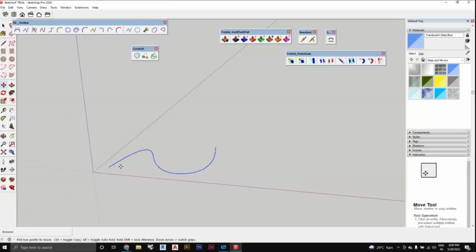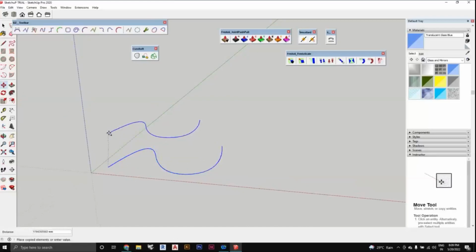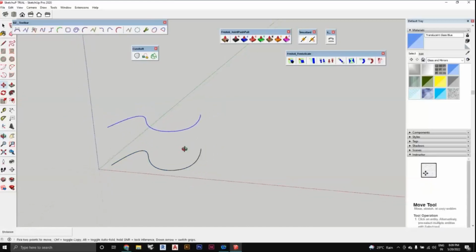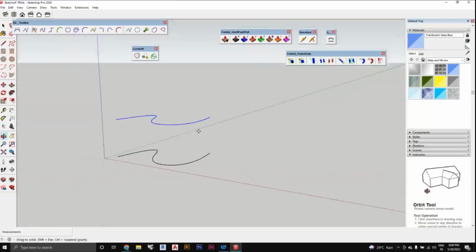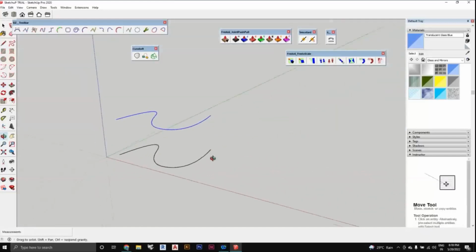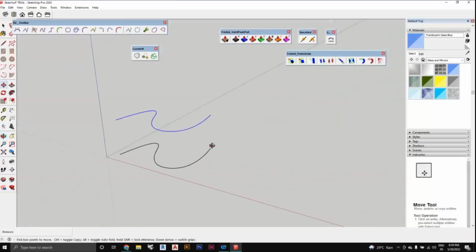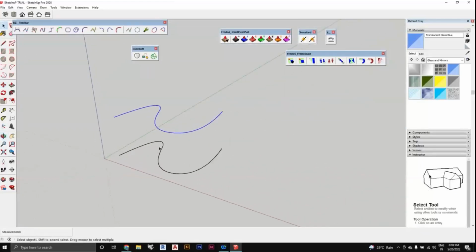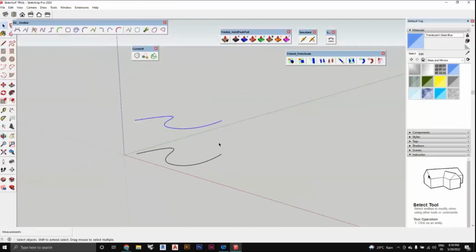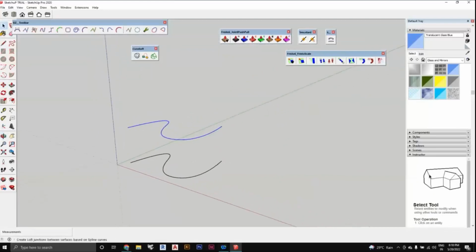So if I am just copying this line upwards, creating two spline lines in the Z axis, now I want a wall or a plane to cover these two lines. So for that, what I will use is